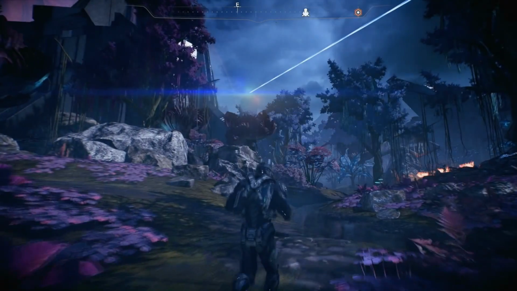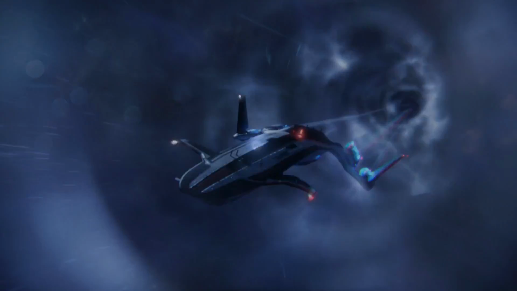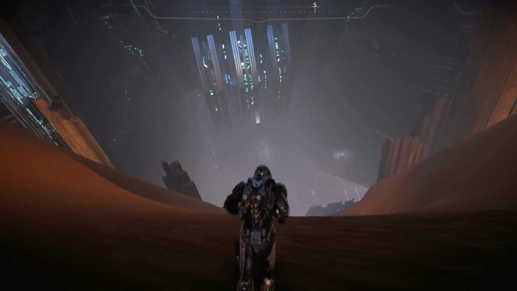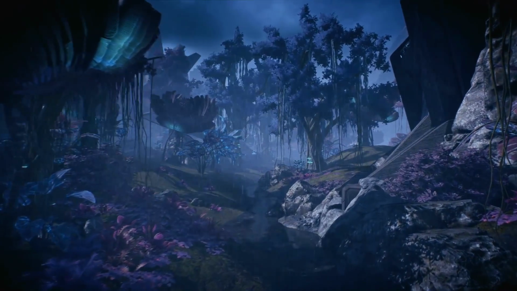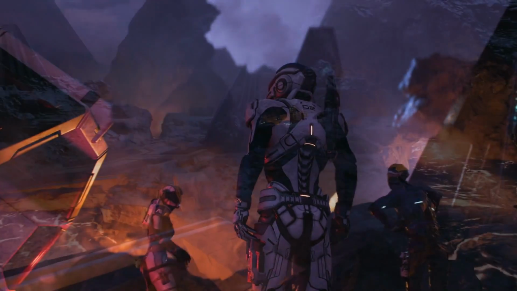The choices you make and the places you go let you blaze your own unique trail through Andromeda. Whether you're exploring the depths of a crashed starship or delving into the core of an active volcano, the more you engage with the world around you and the characters in it, the more that world will surprise you with what's waiting